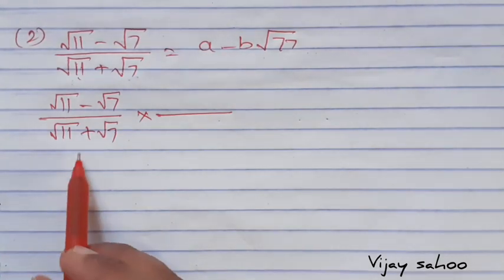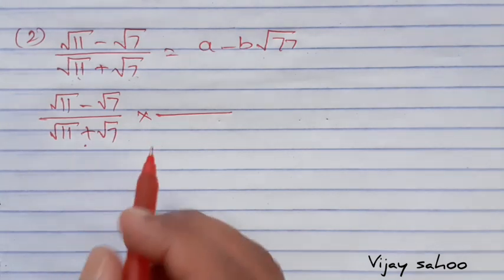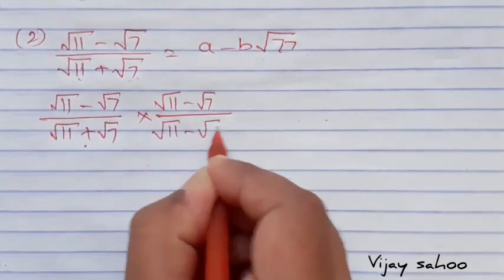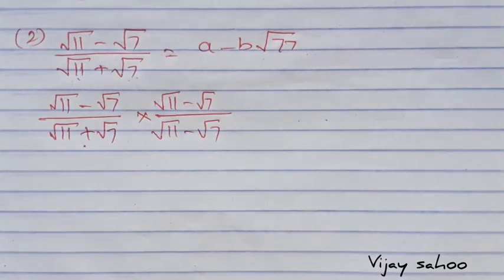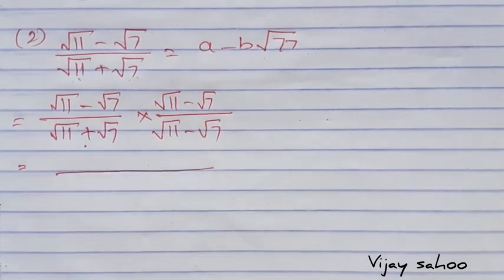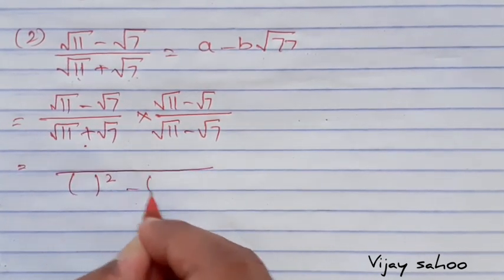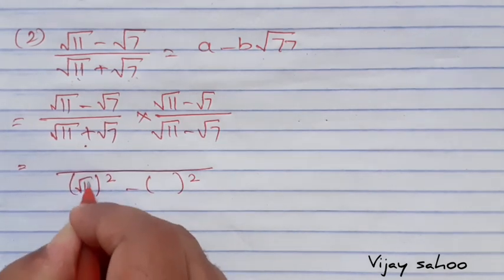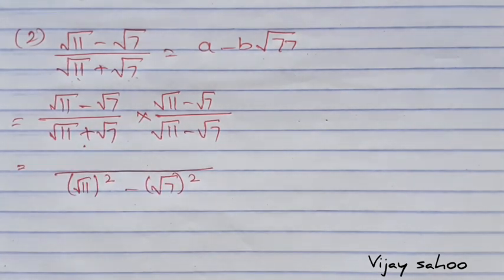We'll see the denominator is positive, so here we'll change it. So root 11 minus root 7, root 11 minus root 7. Okay, now you can see that denominator will always be written in the form of a square minus b square. So what is the a value here? Root 11 and root 7. So what I'm saying, a square minus b square, don't consider that this a and those a will be same. That is an identity I'm applying, that is, you can say x square minus y square.